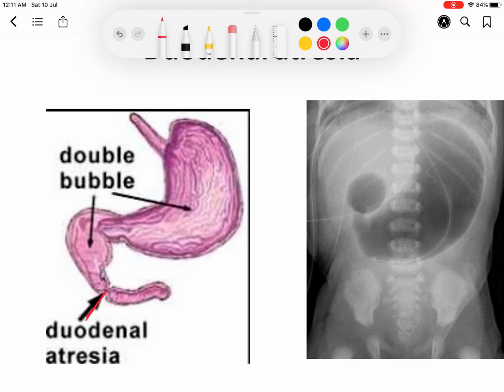Here is the duodenal atresia, and proximal to it, the part of the duodenum and stomach both will be dilated. So air will be filled in both these parts, and the double bubble sign, one and two bubbles of gas, are seen here, because the baby will swallow some amount of air, and it will lead to the double bubble sign.